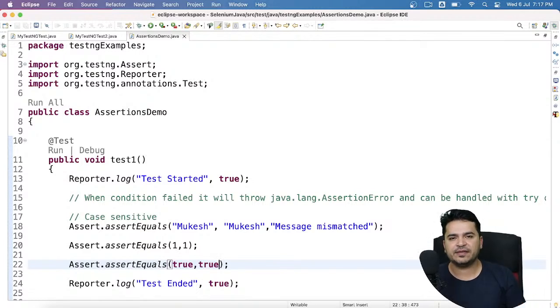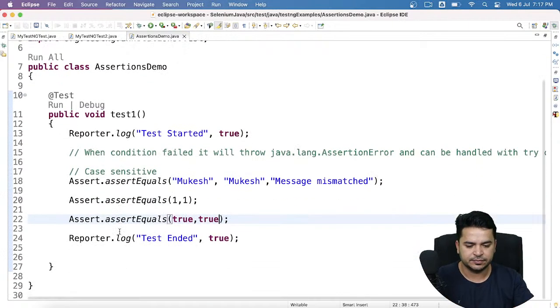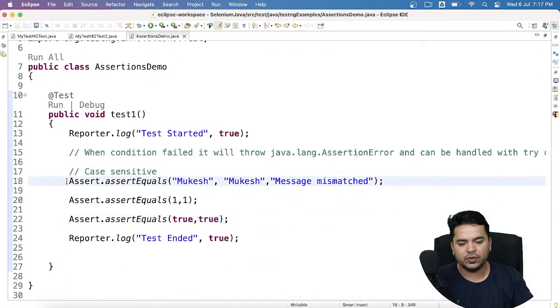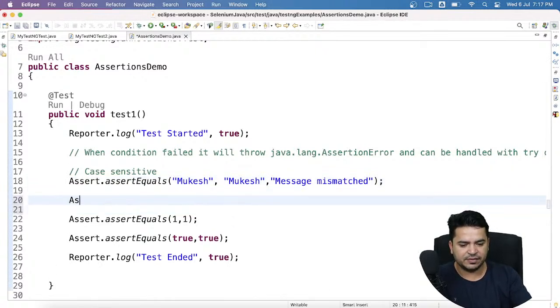But if you're working with Selenium or any other Java library, you will be getting this actual result from the browser or from your APIs or from the mobile. Expected will come from your test cases. So both will match. If yes, pass, otherwise fail. Now the same thing, if you want to write in a different way, we can also write this in this fashion,